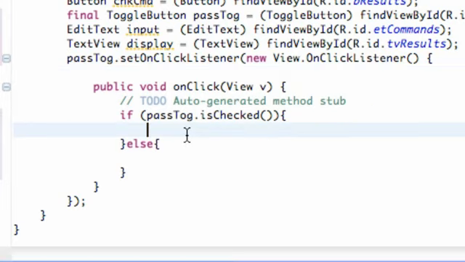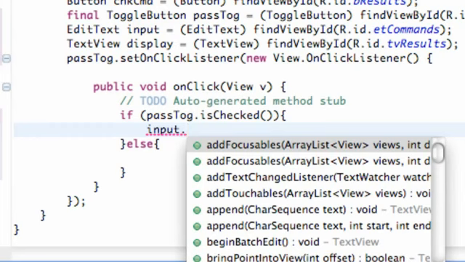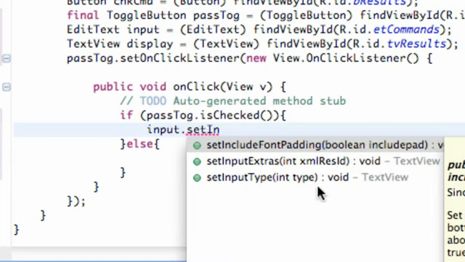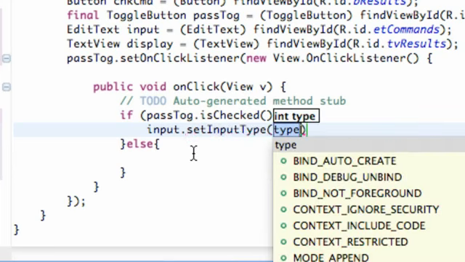Now we're going to use the EditText variable that we set up here, and we have it referenced to our EditText in the XML, and we're going to change that. So we called the EditText input, so we're going to say input, and hit dot, and then we're going to set the input type. There's the password type in a text view, or a number for the most part. You can make them only be able to put in numbers, stuff like that. So we're going to use the method setInputType, and as you can see it's a text view type for the most part, and within the parameters,